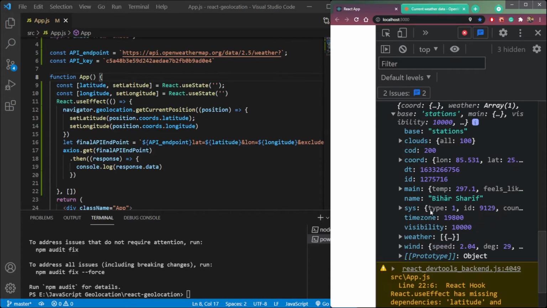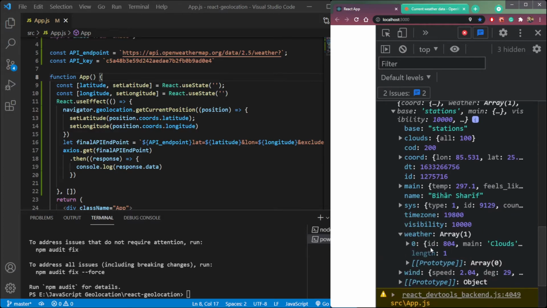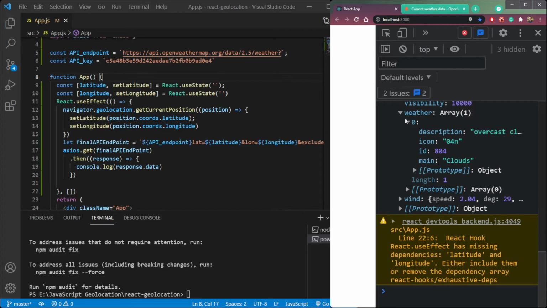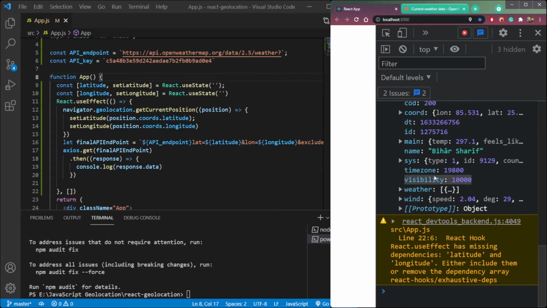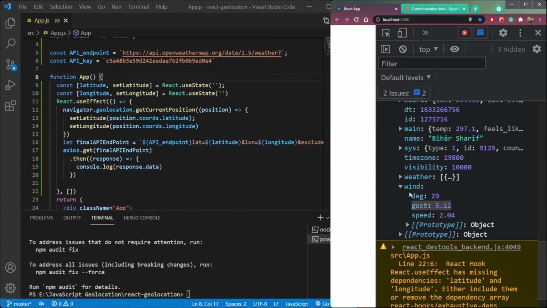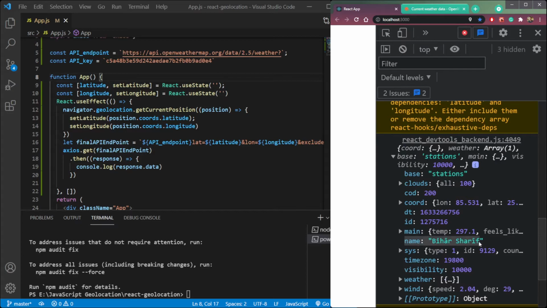So you can see we have country India, IDs, the time of sunrise, time of sunset. Then we have weather, it's cloudy here, description is overcast clouds. Then we have visibility, wind speed, wind gust, degree, temperature, all the things. But we can just focus on the name of the city, which is Bihar Sharif, or state, whatever it is. Not important.